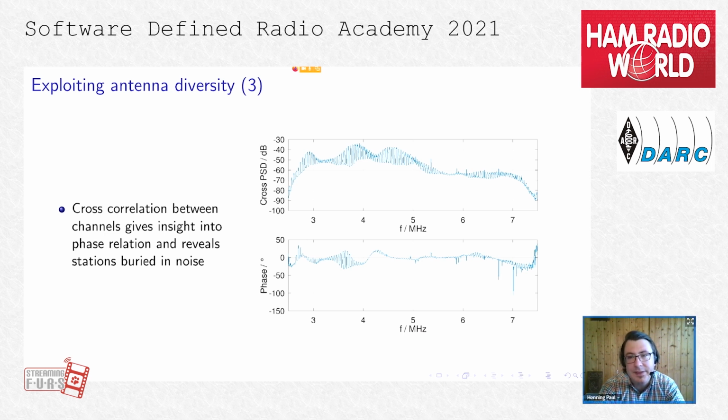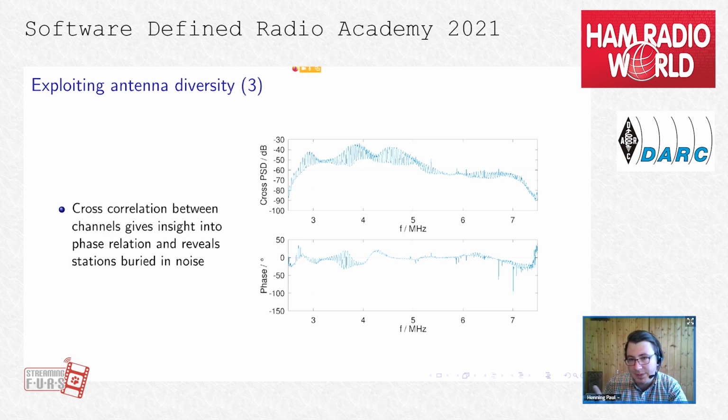But they also have in common some particular signals of interest, because you can see here, at the beginning of the 40 meter band, that there are some interesting lines here, and this is the phase. The auto power spectral density has no phase information. It's just a power. The cross power spectral density has phase information, because it tells you how the phase difference is between the 2 signals that you have calculated the power spectral density of.